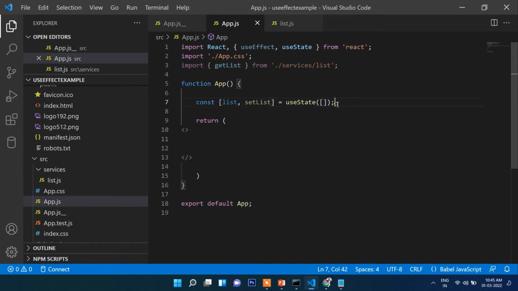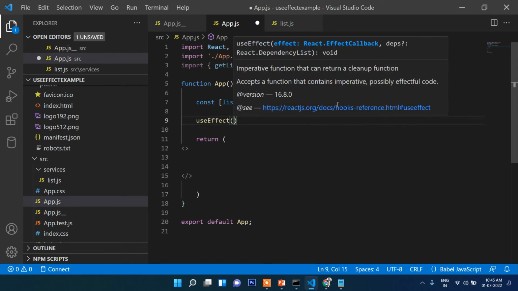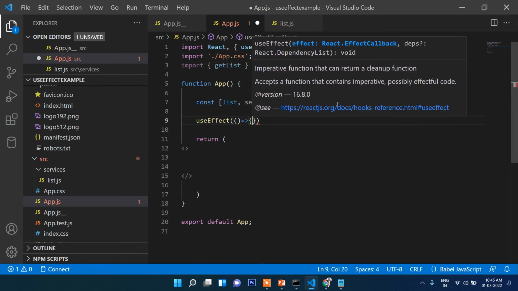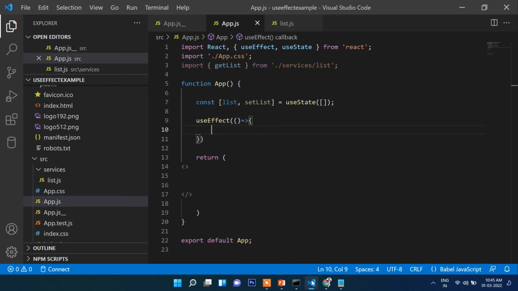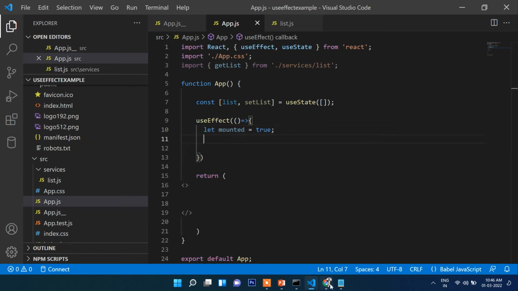So useEffect, then insert this one second function. So this, and then here let's write mounted = true. Mounted in the sense that it loaded. Okay, so initially the loaded will be true. Now create a function called getList,